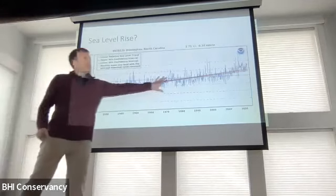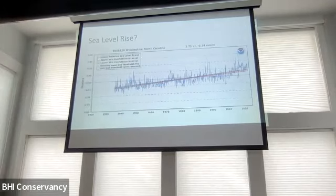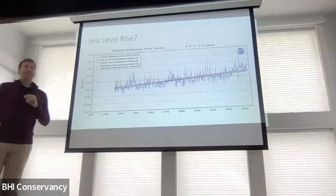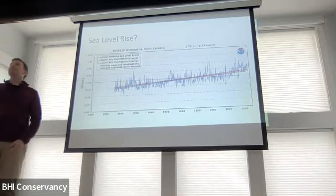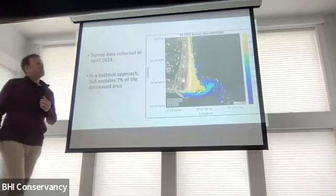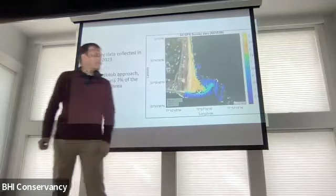So this is from the Wrightsville tide gauge, sea level rise of about 2.73 millimeters per year. We wanted to take this and say how much, right? If sea level is rising, maybe it's submerging some of this shoal, that would decrease the area over time. Really simple answer to that though is we came out here last April and took some surveys